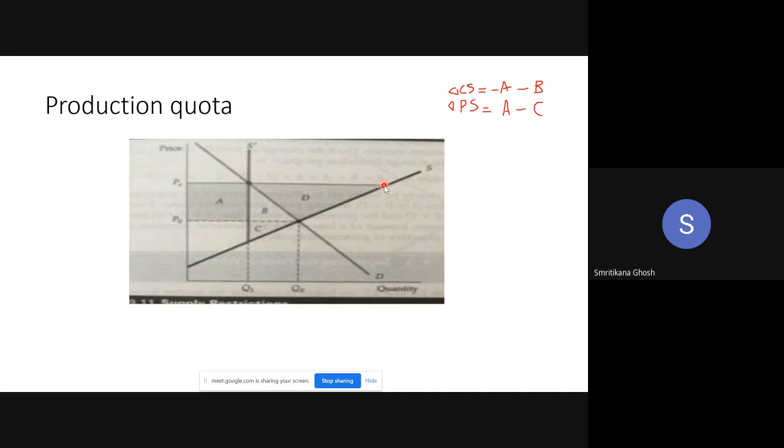According to the supply curve, the producer can sell up to this quantity, right? But the government is saying, no, you cannot sell it. You have to sell this much, not beyond that. So producers are also the sufferers with respect to the quantity sold. They could sell this quantity, and in that case their welfare would have A plus B plus D added. But as the government is asking them not to sell that much,